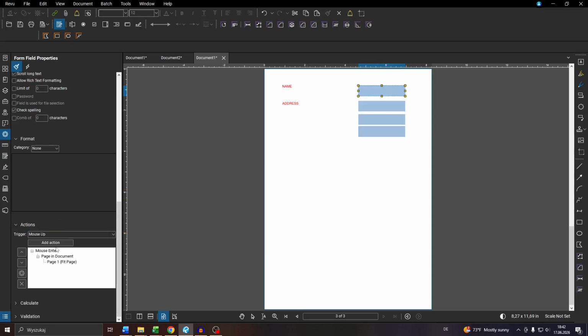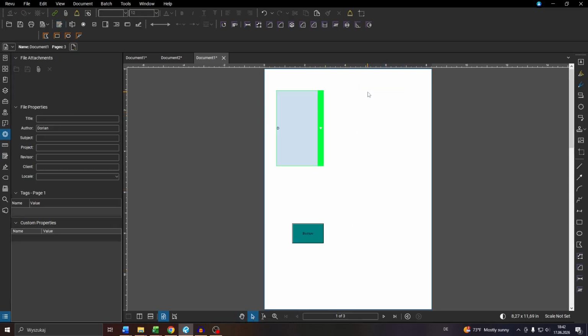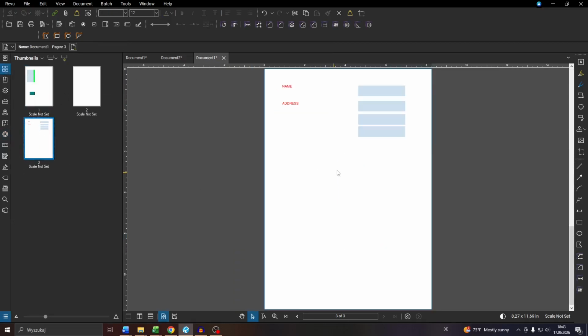And now guys, as you can see, the action and trigger have been added to that form field. So if your form participants click into the given form field, they will be redirected to the document, as you can see guys, or to the given page. So that's how it works. That's how you create a